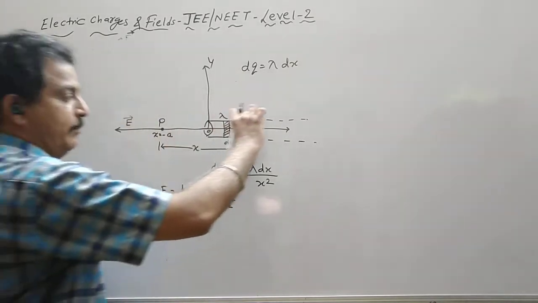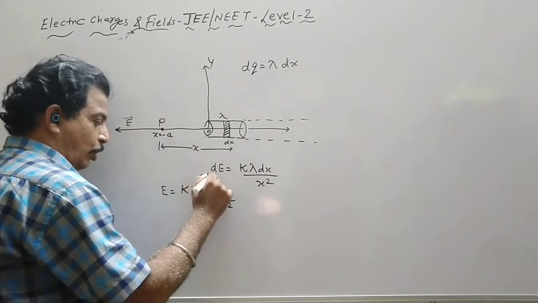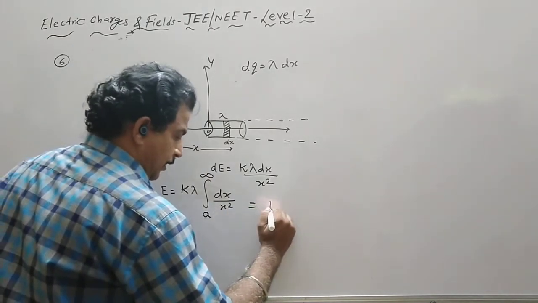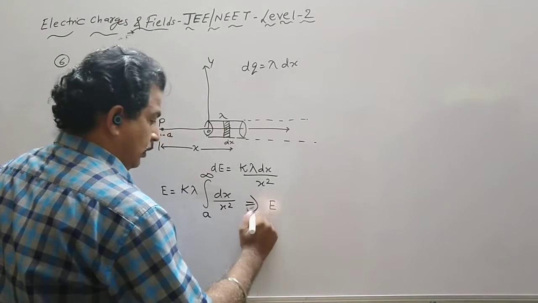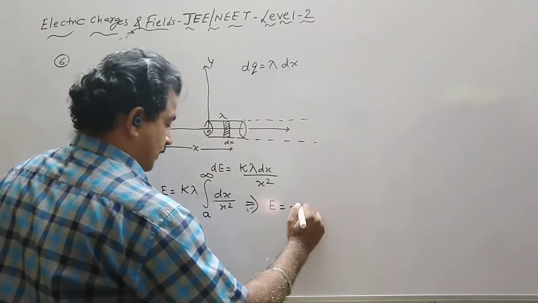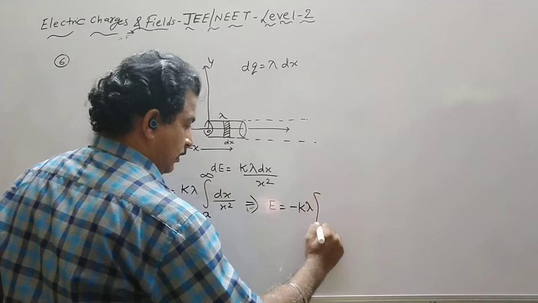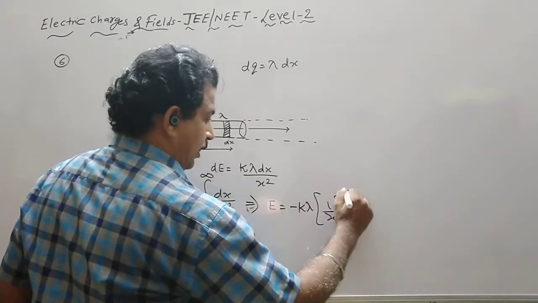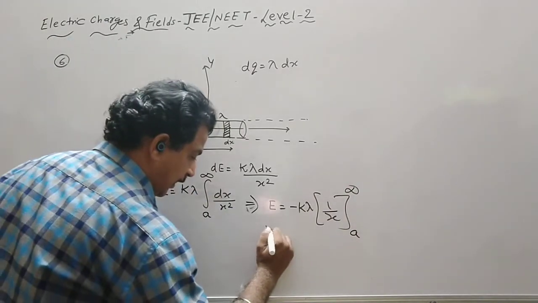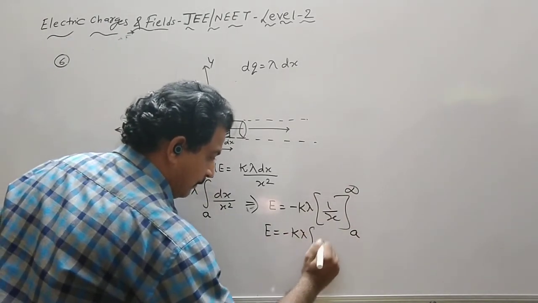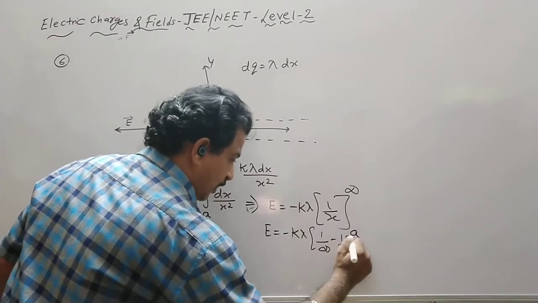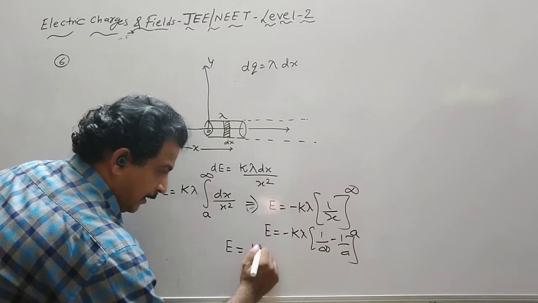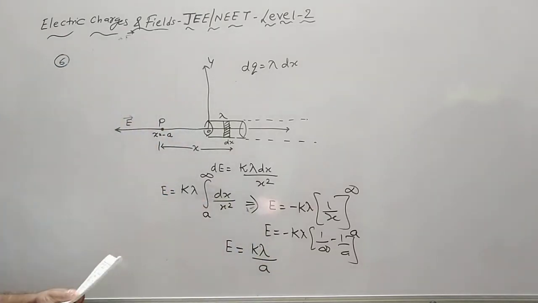And the last element, the wire is infinitely long, so the limit becomes infinite. So now directly, E is equal to minus K lambda times 1 by x, that is the integration of x square a, and the limit becomes infinite. So E is equal to minus K lambda (1 upon infinite minus 1 upon a). So E is equal to K lambda upon a,